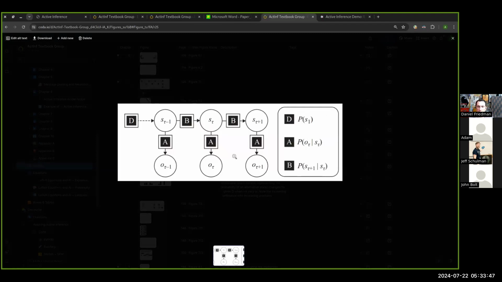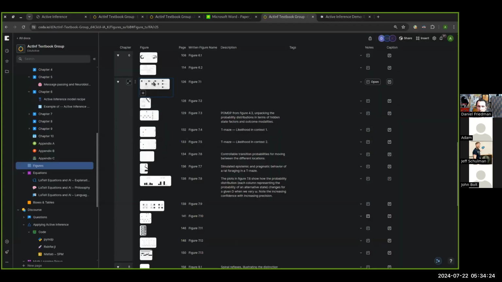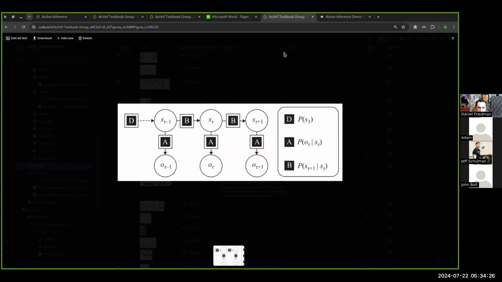This is what makes something partially observable: we have observations coming in. At each time point, the observations are mapped through A to hidden state S. B describes how hidden states transition through time at each time step. And D is the prior, just to kick off the chain. So in the neuroimaging setting, like SPM, observations are the noisy sensors, and then S are these latent activity patterns in the brain. That's partially observable inference. That's like a Kalman filter.